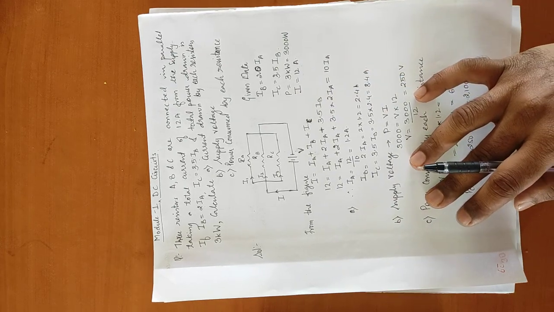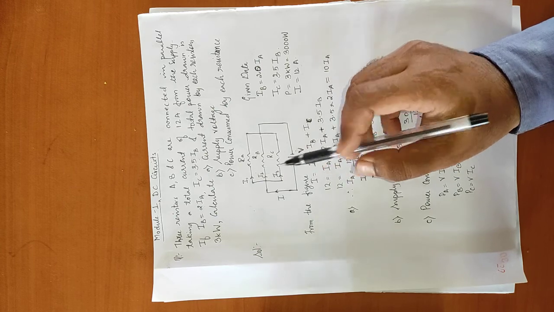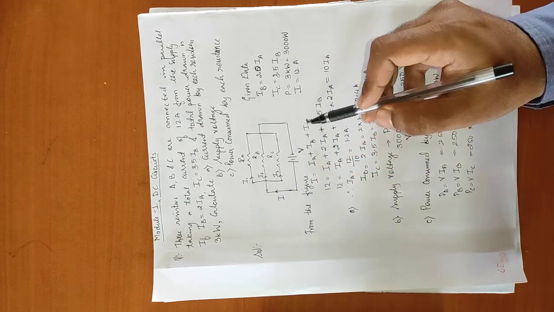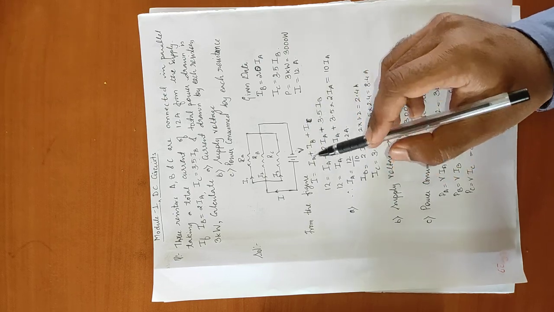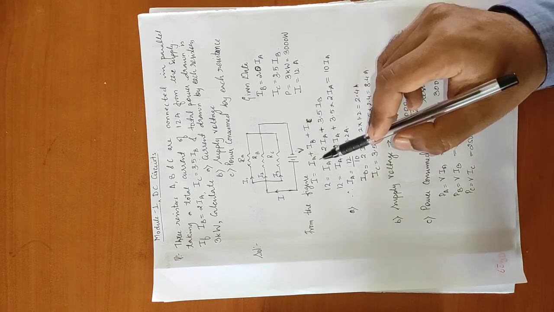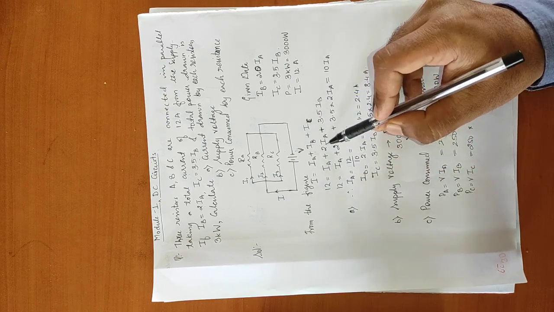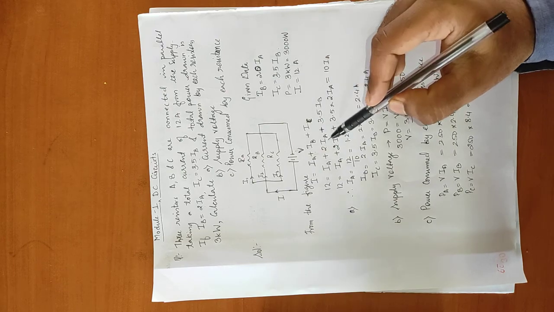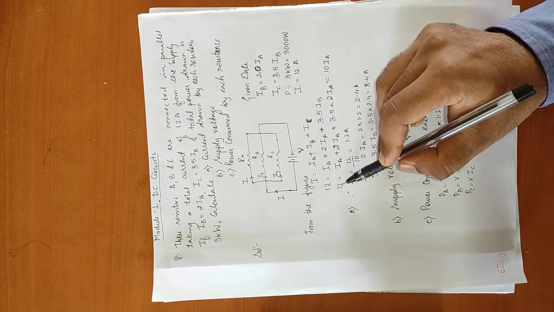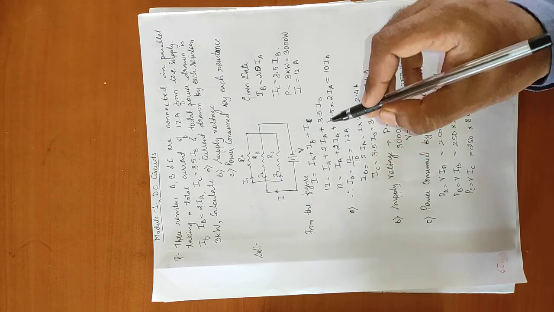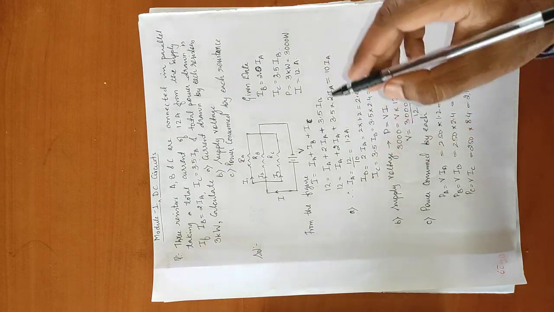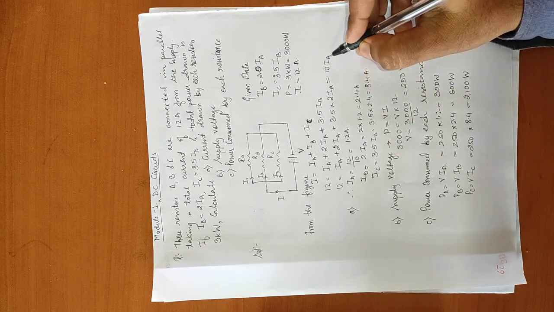So from the figure it is clear that I is equal to IA plus IB plus IC. So substitute the value of I, IB and IC in this equation. The value of current is 12 ampere, IA as it is, IB is 2IA, and IC is 3.5 IB, which is again 2IA. So 12 is equal to IA plus 2IA plus 7IA, so the total current will be 10 IA.